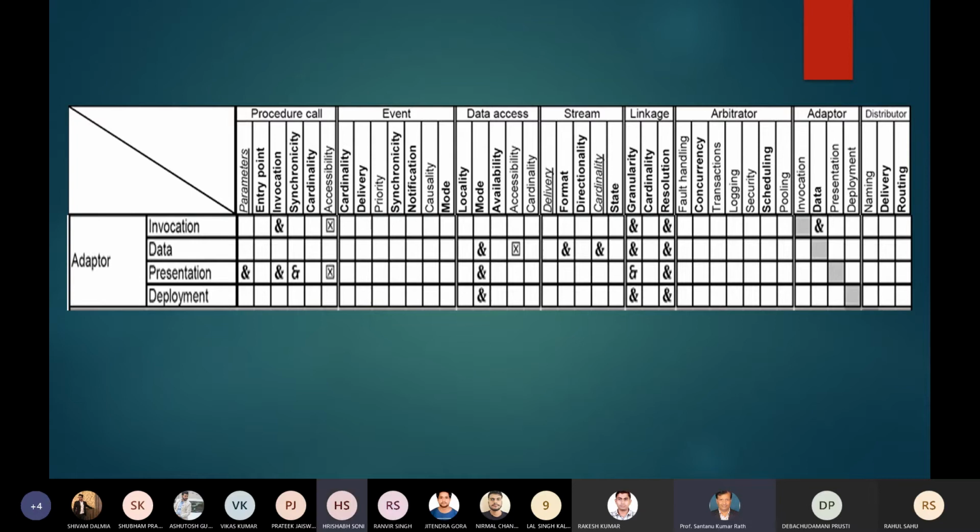Yes, sir. Book and the slides have different diagrams. Yes, sir. We have used the book diagram. We have not used the slide diagram. You should have explained the book diagram. The book diagram is a little more detailed. Sir, I thought both are same.